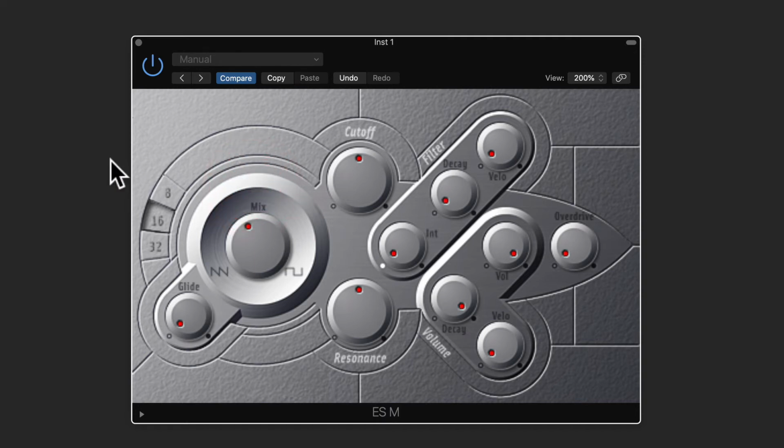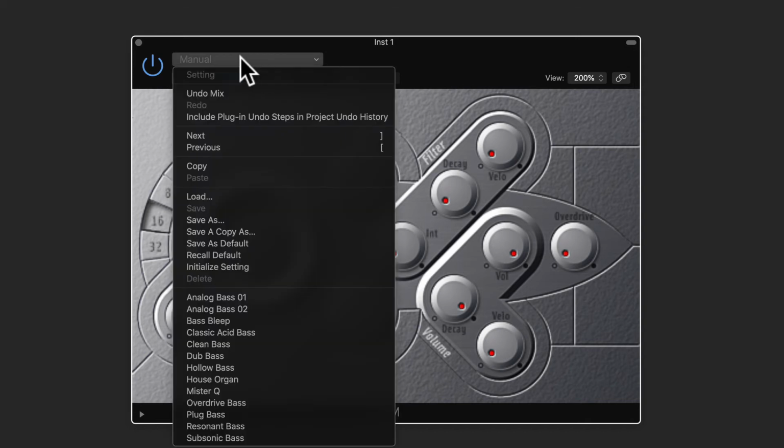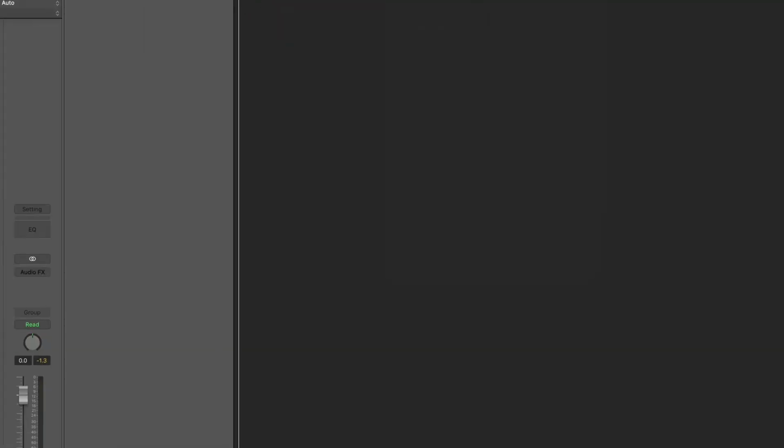Just like you did in the software intro to synthesis module. So that's how that would work, where most of the Logic instruments you bring in will have presets that you can select from this menu. Just to show another one, and I could replace this instrument by going to the instrument slot, which is now